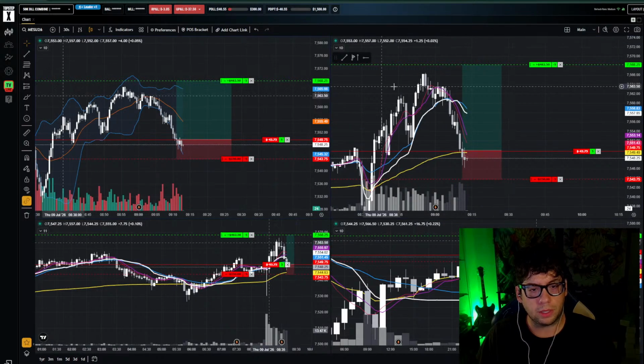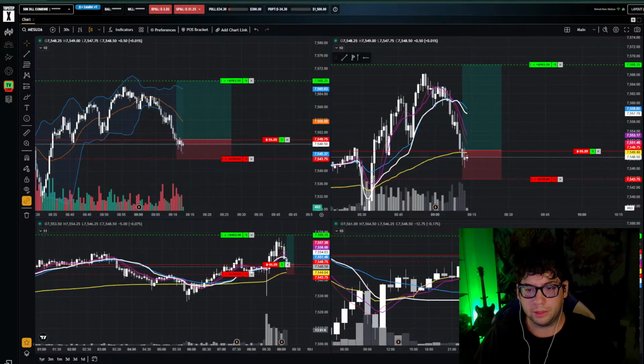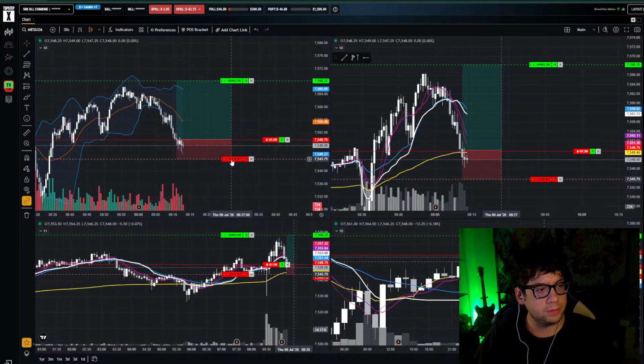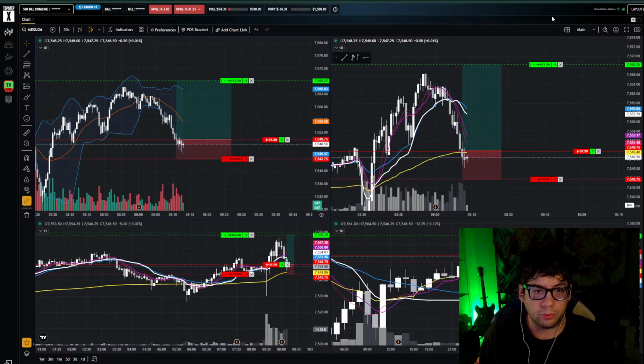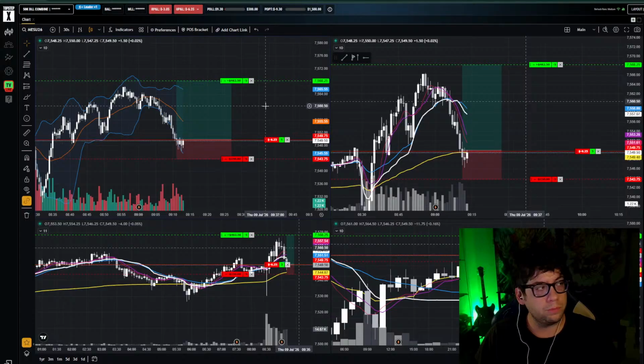I kind of want to widen my stop a little bit, just because I feel like it's going to be stupid if I get stopped on this, because of how tight it is. No, it's fine. Just take it for what it is. If it stops me, it stops me. If it doesn't, it doesn't. Just going to let it roll.